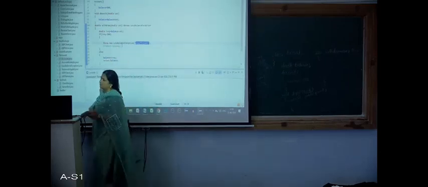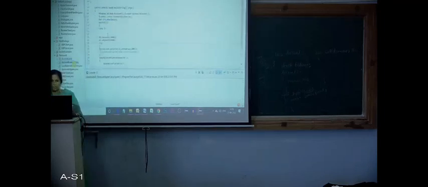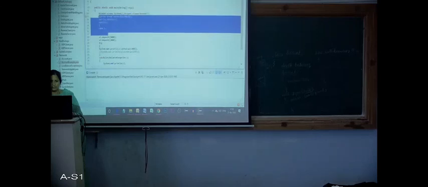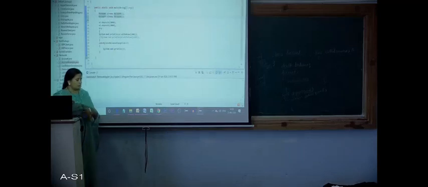That means this temp variable's value will be assigned to balance and that amount will be returned. You can see that in this particular account example, I have created two objects, that is A1 and A2, right?